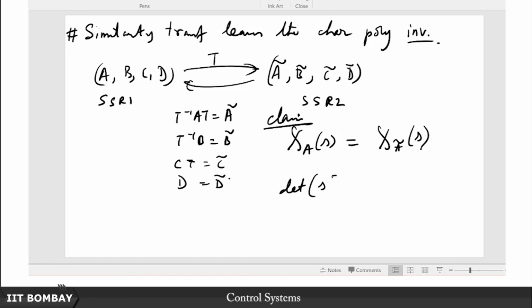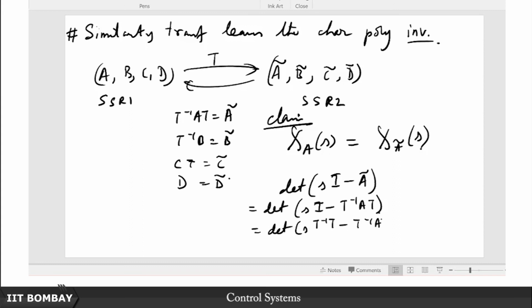Let me start with the determinant of sI minus A tilde, which is further equal to the determinant of sI minus, and A tilde can now be written as T inverse A T. Then I do this small trick: I write this identity as T inverse T. So I write this as T inverse T minus T inverse A T, the s is of course just a scalar, and then I pull out T inverse from the left and T from the right. So here is what I do, I pull out this T inverse, sI minus A, so remember this is basically chi A tilde of s. I am starting with the characteristic polynomial of A tilde,